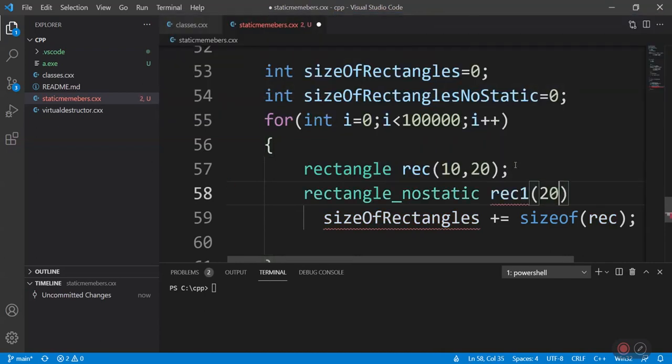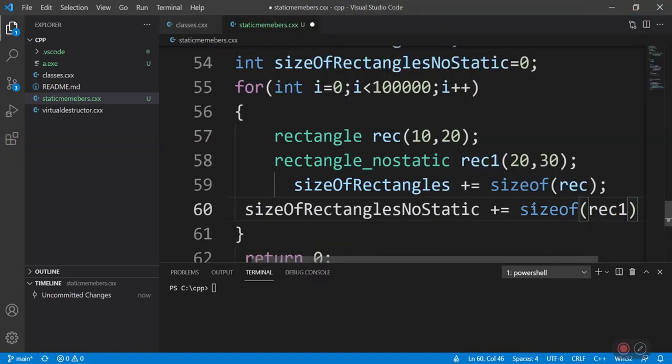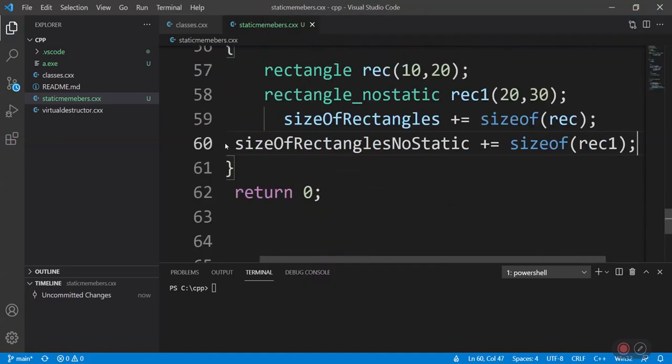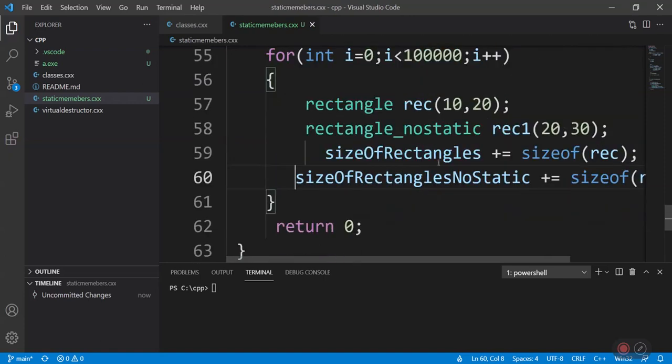C1, 20 and 30. So every time our objects get created, we just calculate the size of that object and store it, and keep on adding the size of all the rectangles.